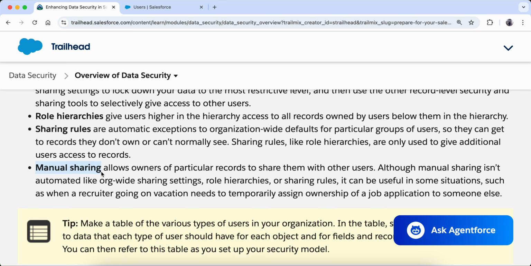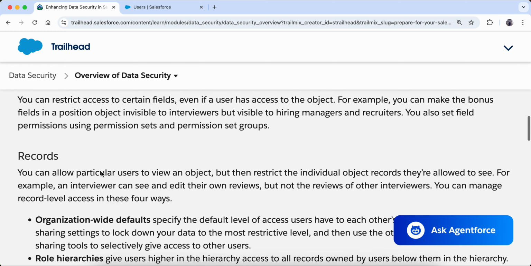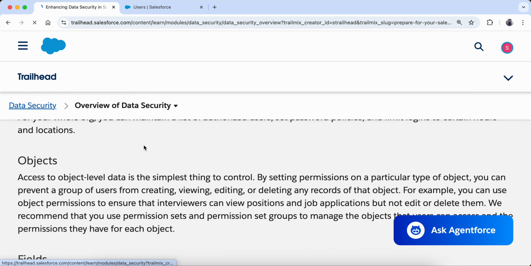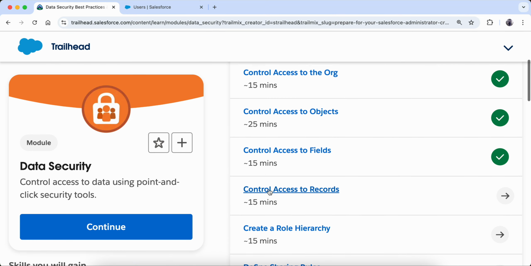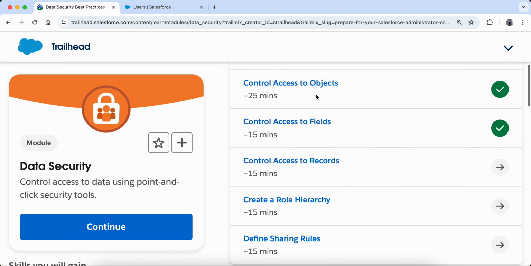So this is what manual sharing looks like, which is done in temporary scenarios. So now let's go to the practical. This is controlling access to the object. Now access to the object is again the permission and permission sets. So you can go through that video, and you can see again access to fields is same, permission and